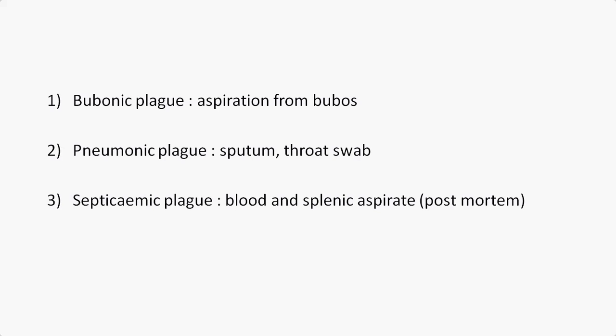Bubonic, as I told you, is the lymph node enlargement. And what does bubo mean? Bubo means a regional lymph node which appears as a tense, tender swelling, which is known as a bubo. And where is the most common site? The inguinal lymph nodes are the most common site, but it is also found in the axillary, cervical, and submaxillary lymph nodes.